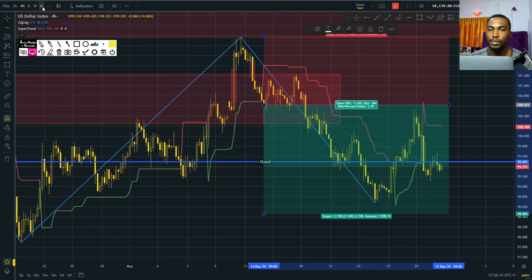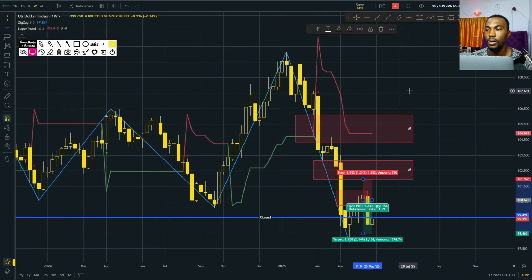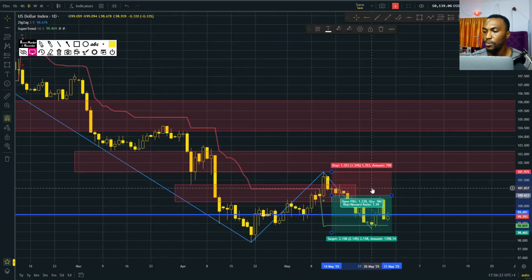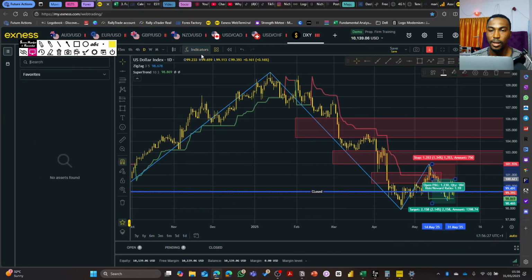So basically, from the US index, we are expecting some pullbacks, and then possibly a strong fall in price. That is what we are expecting following my strategy. Now, the strategy is a predictive strategy. It tends to predict what it thinks the market will do. With this idea in mind, let's now look into the